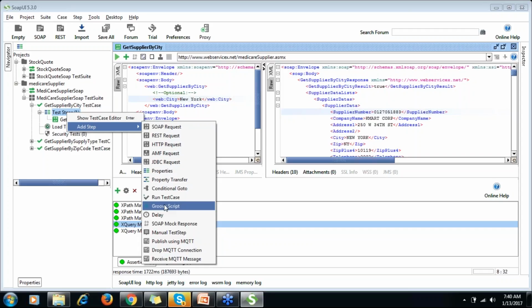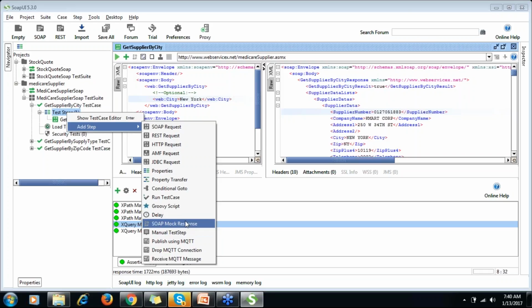This will be very important when we cover how we can read Excel, and how we can fetch data from Excel and put it in this SOAP UI tool. Those things we'll see through Groovy script. We can also create a data-driven framework, and we'll see how to create it using Groovy script and SOAP UI.